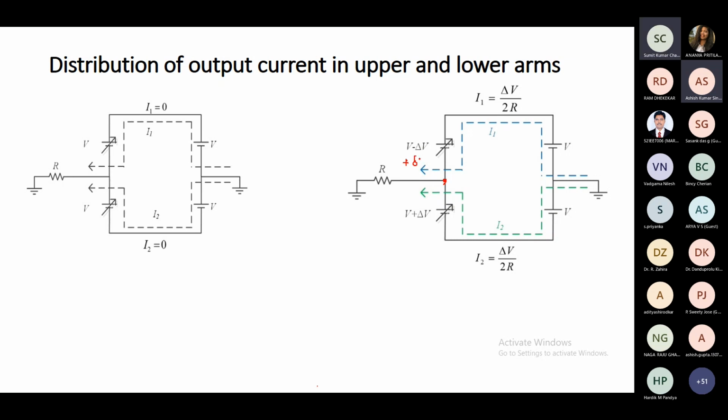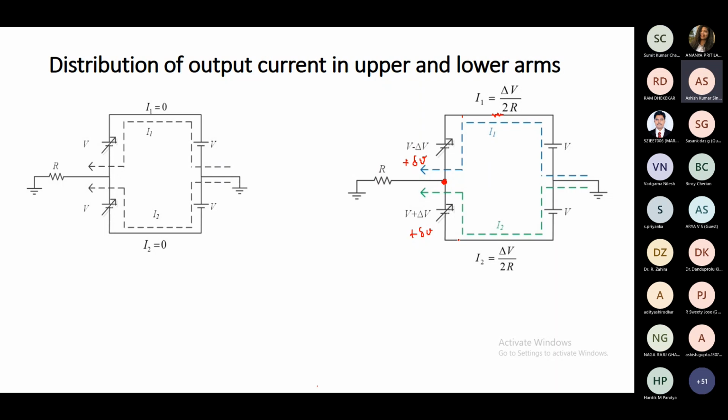Now small delta V, if I add in both upper arm and lower arm, that basically reaches the KVL here that finally determines some current. But by adding this delta V component in both upper and lower arm, the output voltage remains unchanged. At the same time, it can ensure that even after having capacitor voltage ripple, the total voltage of upper arm and lower arm remains close to 2V.